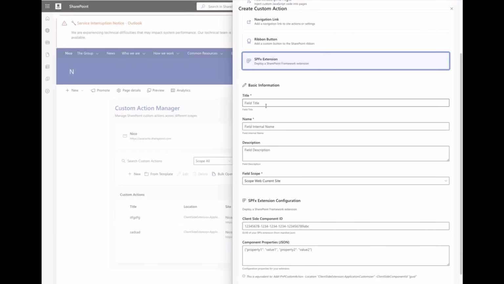So if we try this, let's say we take an SPFx extension, let's say we call it column footer number 2, for example, and we call it column footer here. Presentation, let's say I want it in a site scope. Let's say I'll take this component ID here, and then we can do these properties. This component ID, when you do an SPFx extension, for example, it needs to match the web part ID. And here you can see like, hey, if you were to run this on PowerShell, it would look like this. If you press save,